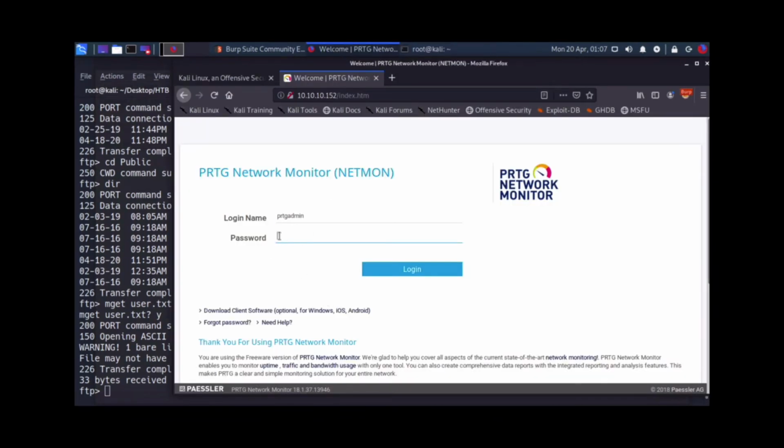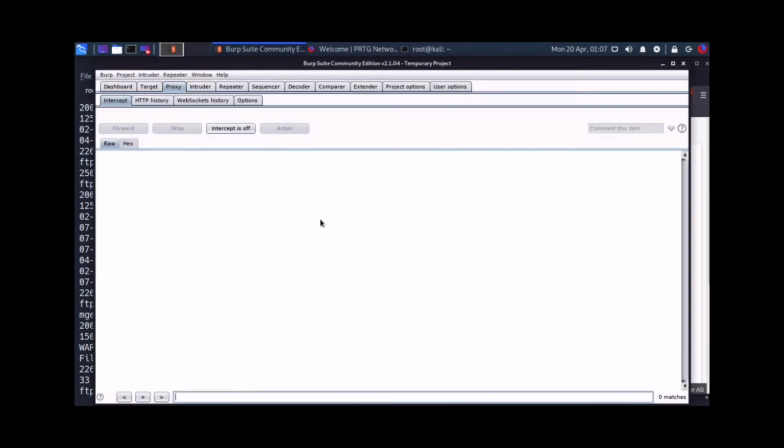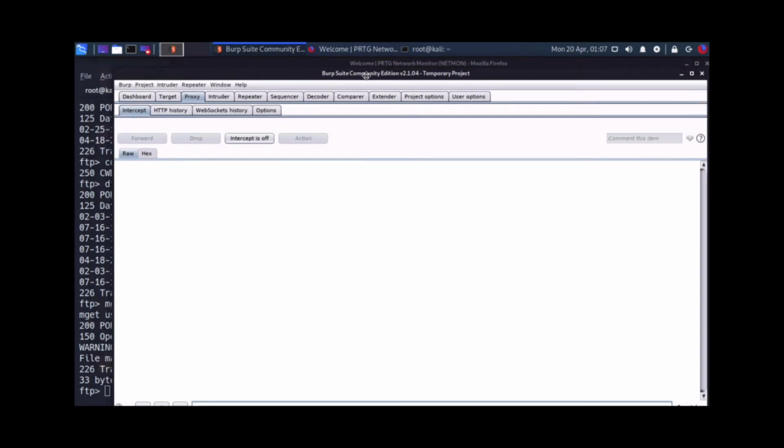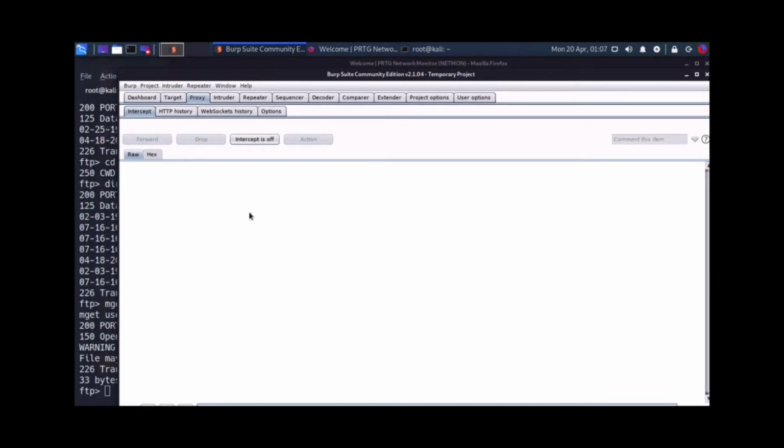Here I want to capture it using Burp Suite. What we need is an authenticated cookie. When you log in to this particular account, whatever cookie comes, based on this cookie we are going to create a user inside the Windows box, then call this particular user, and identify the root flag. So how do we do that?